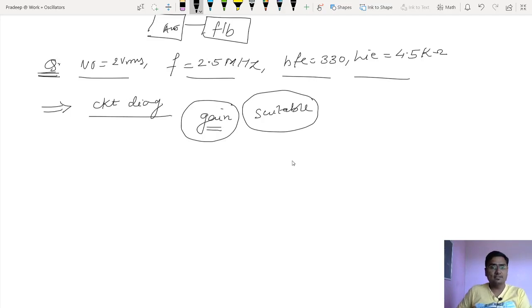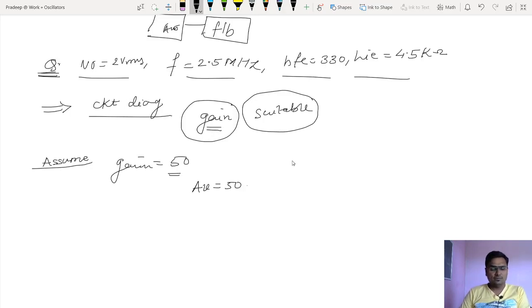Okay, let's start with the same thing. We'll assume the gain and then move forward. Let's design the common emitter amplifier, and for that, assume the gain of the amplifier is equal to 50, and this is my biggest assumption. It means I am assuming the voltage gain of the amplifier is equal to 50.